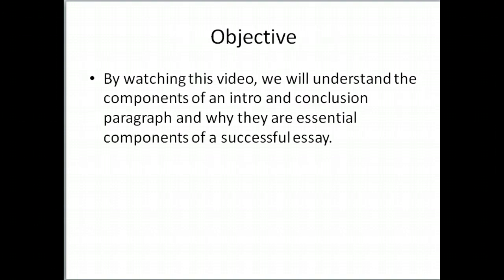So at this point, you should know what the components are of an intro. You have a hook, you have your background information, your thesis, and you've connected all of that and flowed between each component. Then in your conclusion paragraph, you restate your thesis, restate your main points, you readdress that counterclaim and how you've proved it wrong, and then you talk about why this is significant, and then end with a bang.